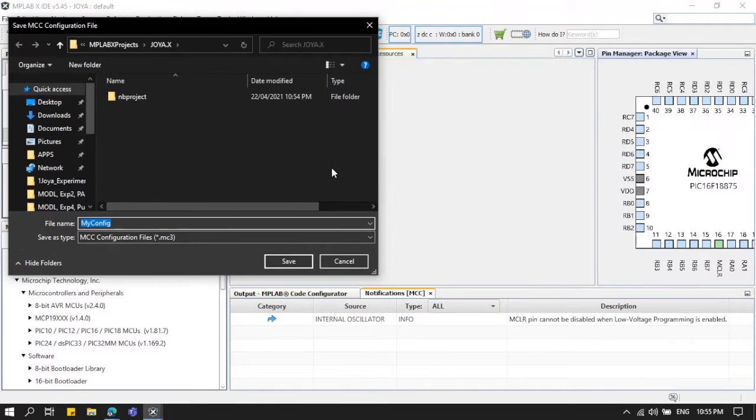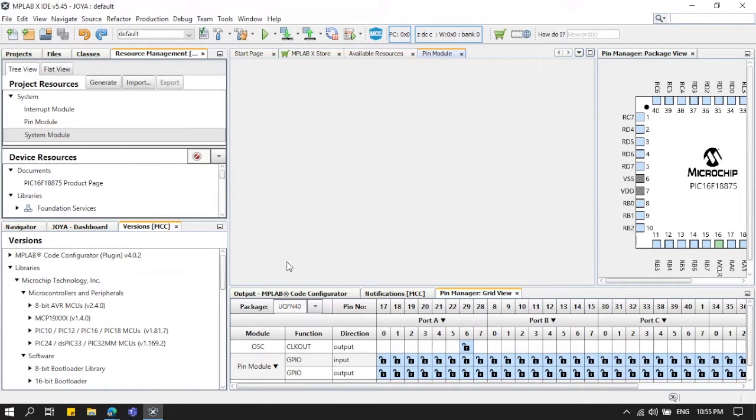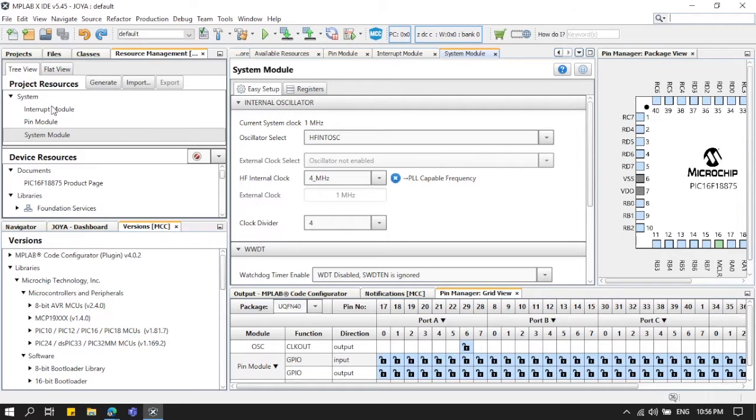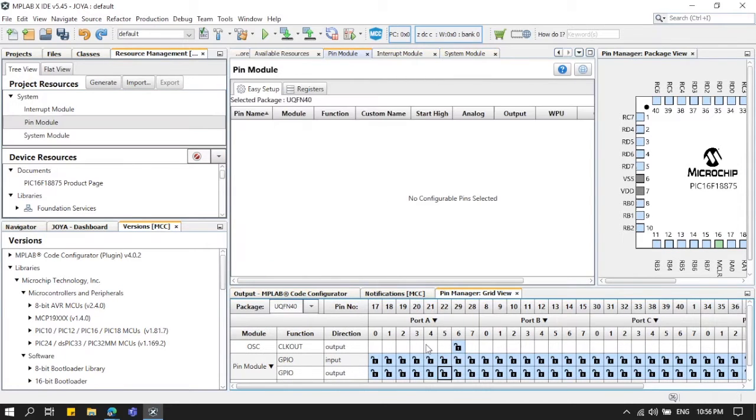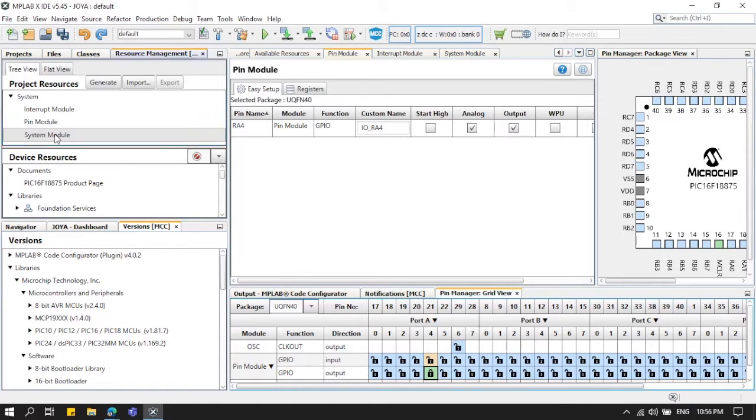And just save this. Keep in mind where you saved it though. And then here, these are the resources, but first we're going to modify the system module. Here in the system module, go here and click on this one, the output, and then after that we should change the name of the LED. So this custom name, we should change this to LED underscore D2, and then